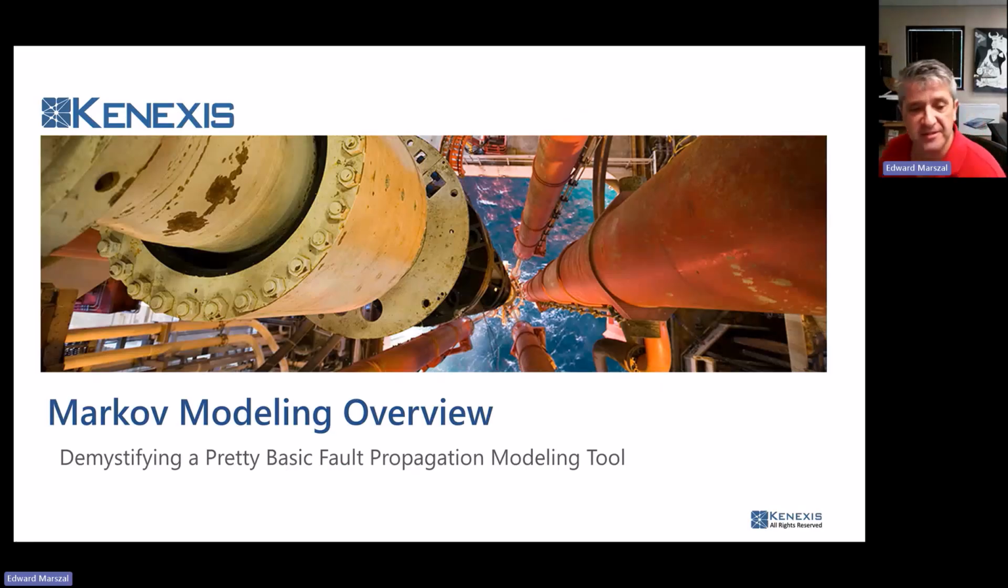Okay, the topic of today is an overview of Markov modeling or Markov chains. It goes by a lot of different names. And Markov modeling, Markov chains, Markov analysis is actually becoming extremely popular outside our domain. And when I say our domain, I mean process safety and safety instrumented systems, because the mathematics in Markov modeling